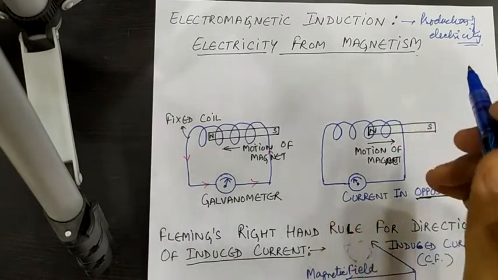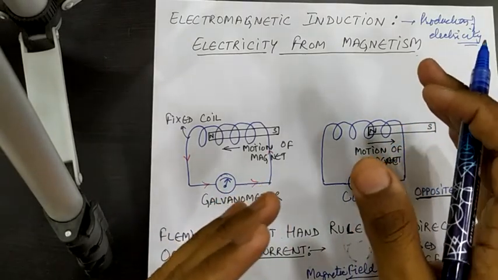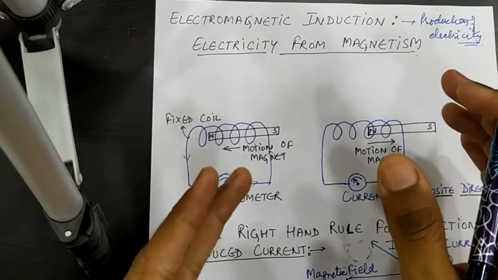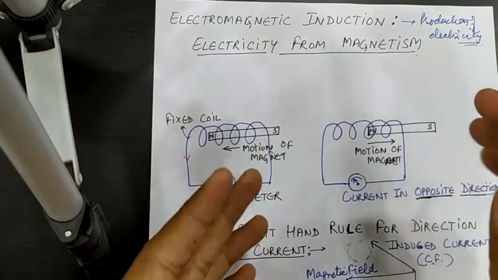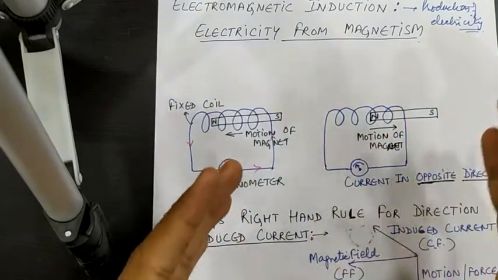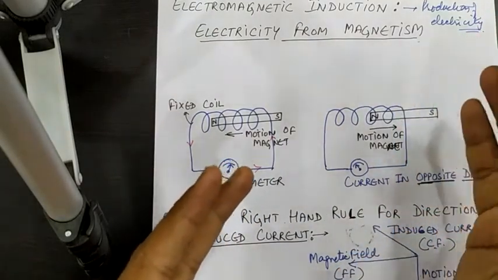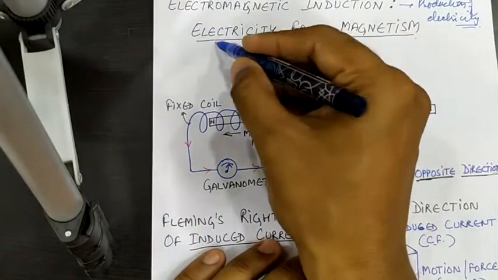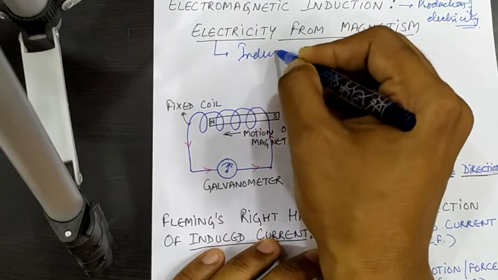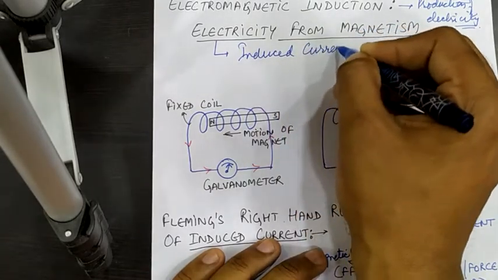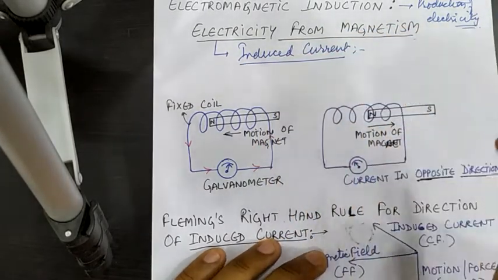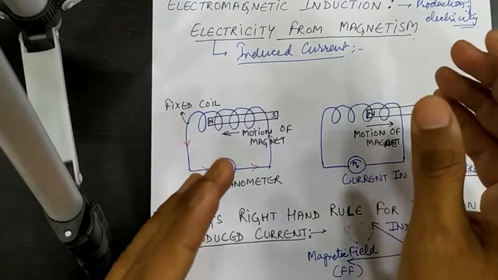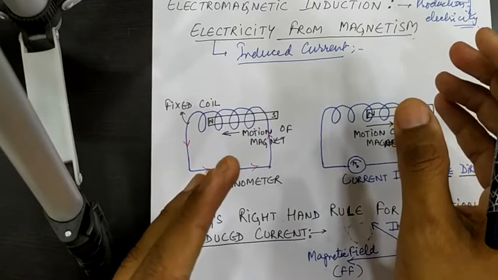So when a straight wire is moved up and down rapidly between the two poles of a horseshoe shaped magnet, then an electric current is produced in the wire. So this is an example. Such a current that is produced because of magnetism and movement is known as induced current. We call it induced current. The current produced by moving a straight wire in a magnetic field, or by moving a